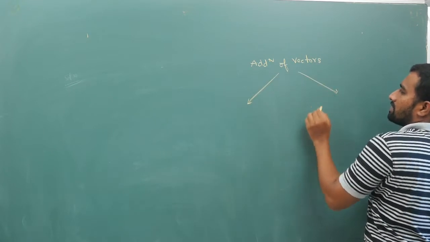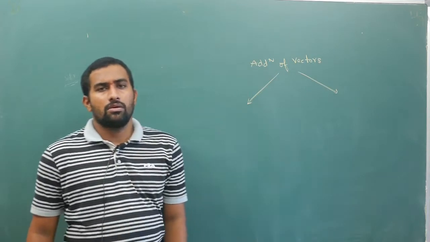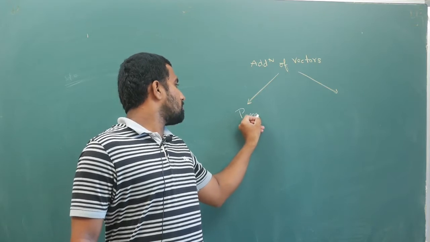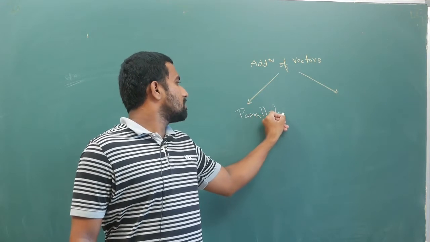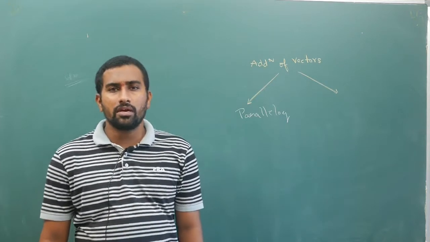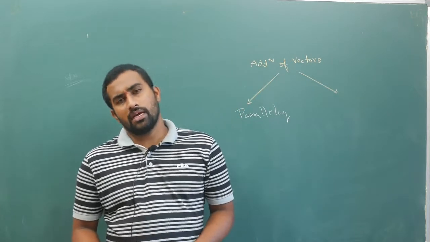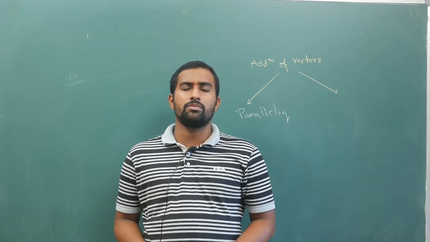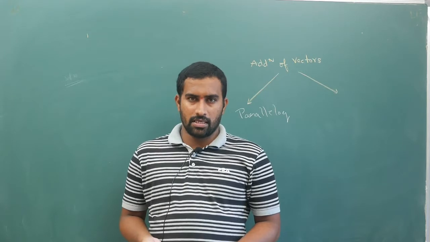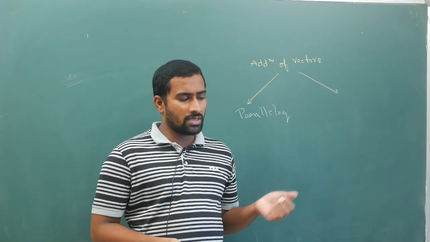there are two types of addition. First type of addition that you have is the parallelogram law. This is one type of addition. It is applicable only for two vectors. And if you are taking more than two vectors, the best approach to add more than two vectors is writing each vector in terms of i cap and j cap. So resolution of vectors video, you have to look at it if you do not know something here.